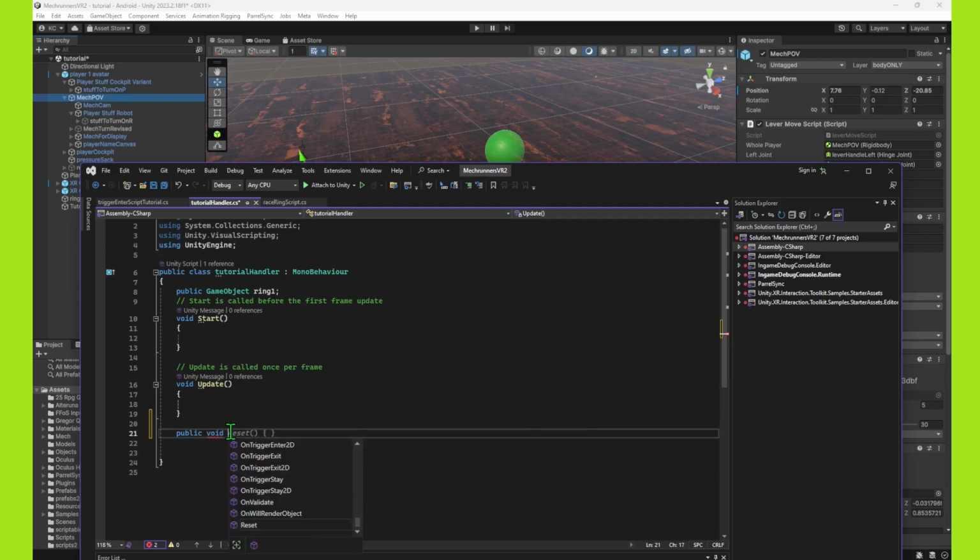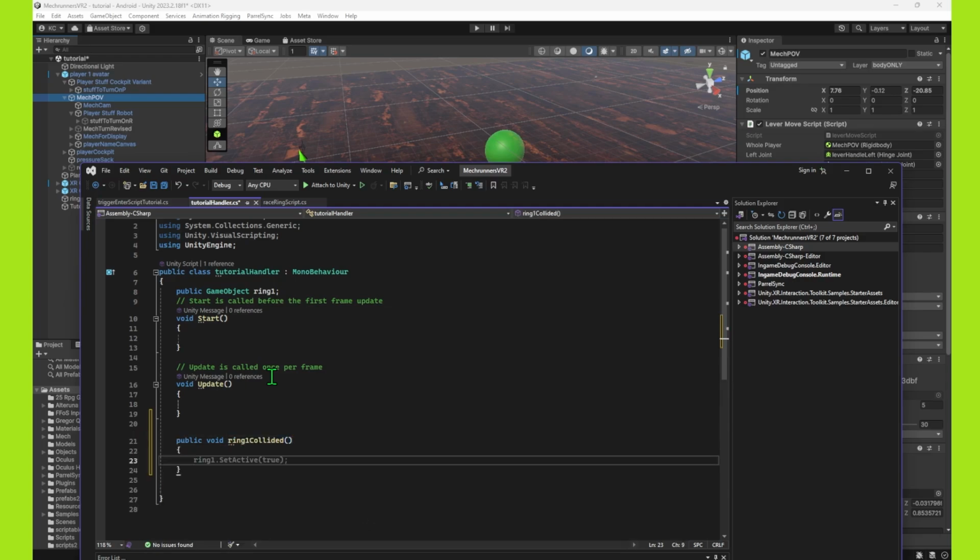I guess I'll just do... I would do ring 1 collided, but this should technically start everything else. I'm just trying to think of the most efficient way to do this. I guess I'll do ring 1 collided, it's fine. Ring 1 dot set active. I actually want this to be false now. So that will make it so once I do